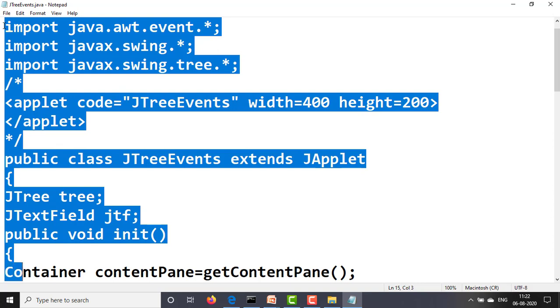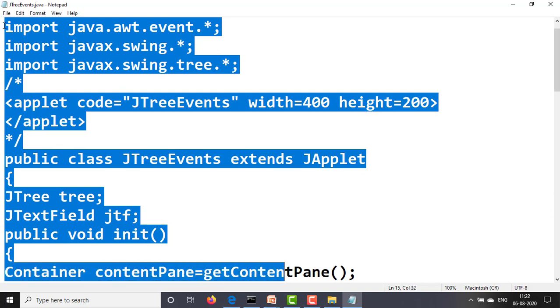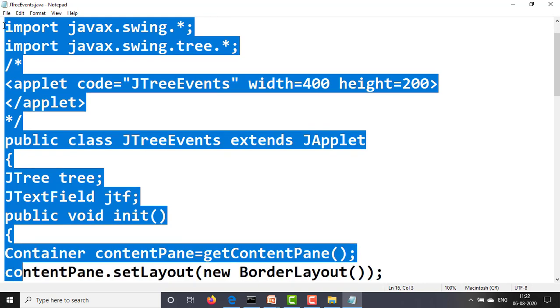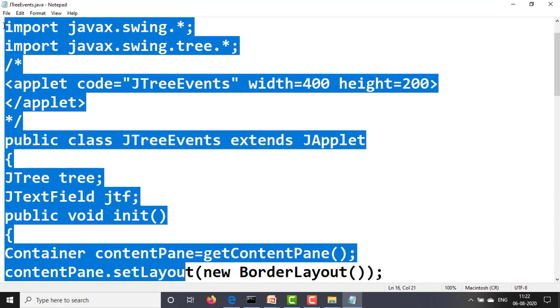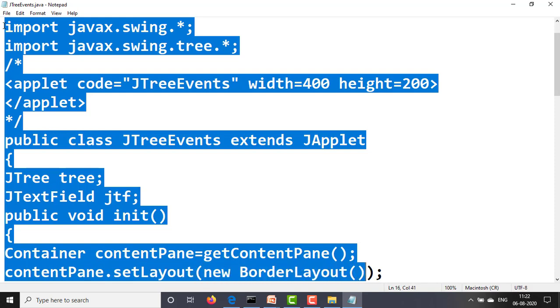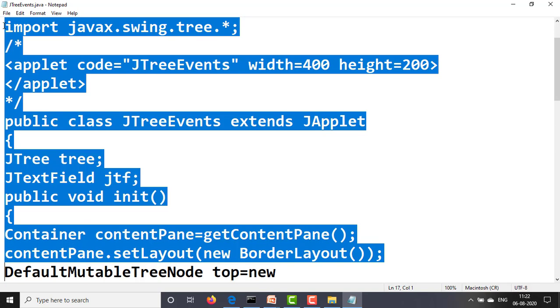Open curly bracket, get the container content pane equals getContentPane method. contentPane.setLayout, we are setting the layout, setLayout(new BorderLayout()). Then we are creating the nodes now.